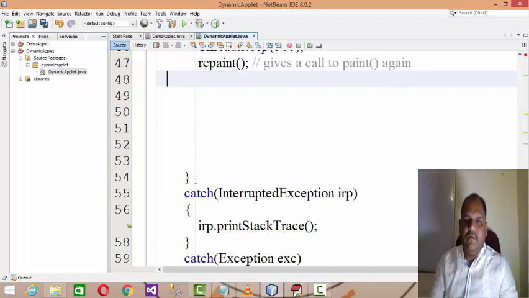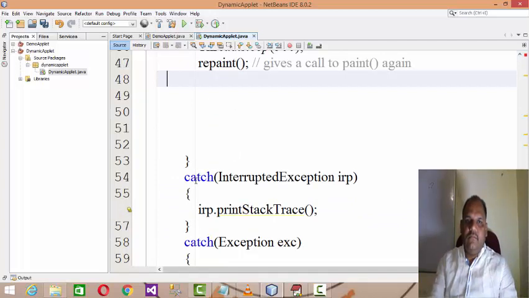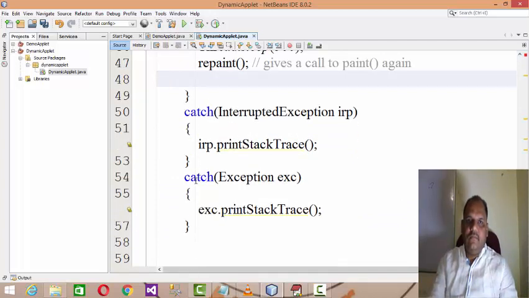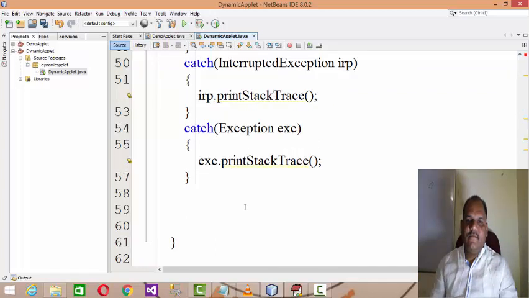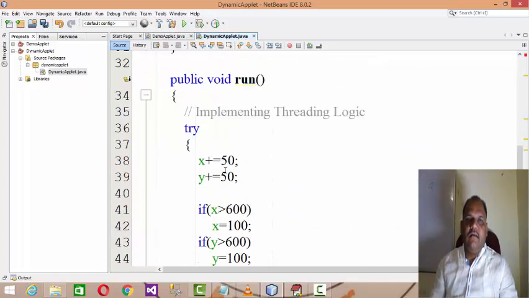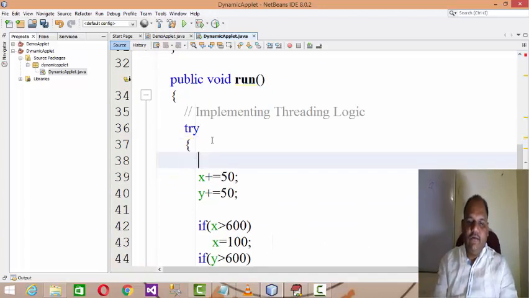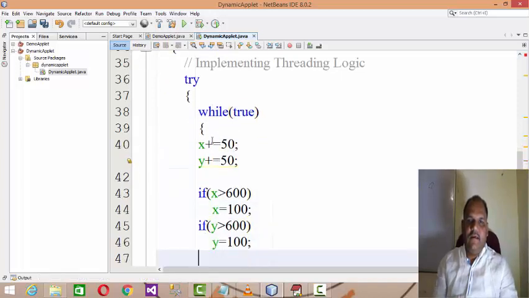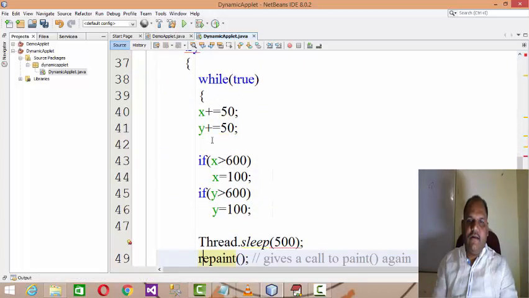And then we have the catch blocks, right? And here, as we need to continuously do this, we need to go for a while loop, while true. Every time update the value.